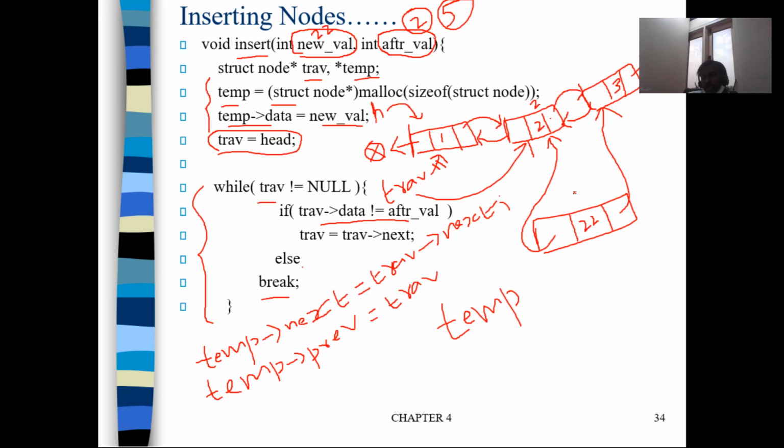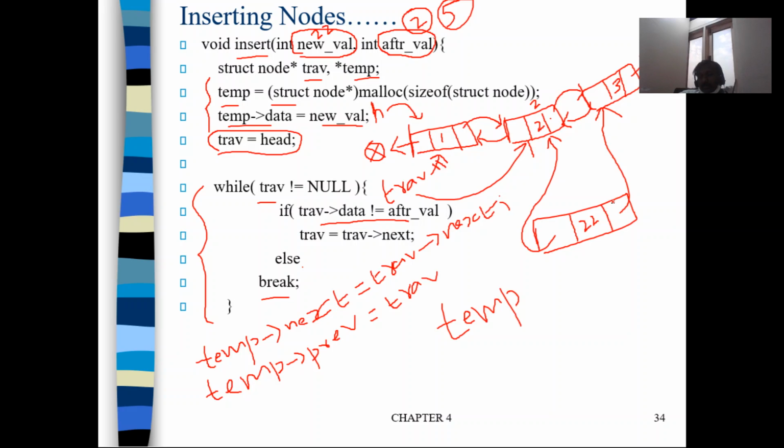And also node 3's previous should point to temp. There are two things we should do: traverse next should point to temp, and node 3's previous should point to temp. Which one should we do first?